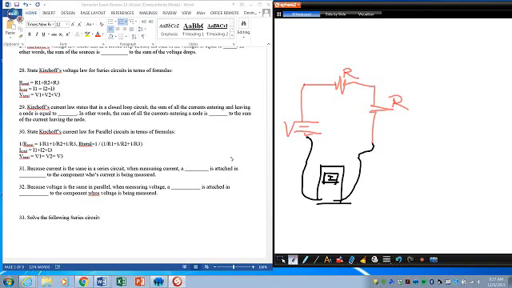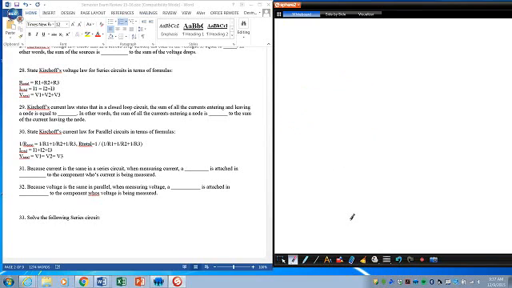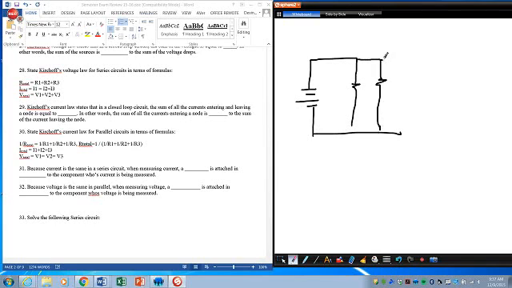Okay, number 34. It's asking, since voltage... Let's say I'm going to draw a parallel circuit. So once again, parallel circuit, there are multiple paths. Because the voltage is the same, voltage 1 is the same thing as V2, V3. They all have the same voltage. So to get that,